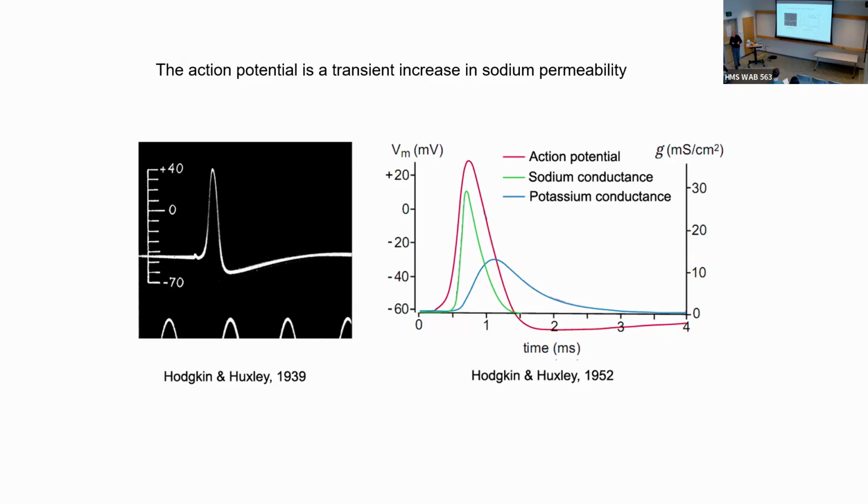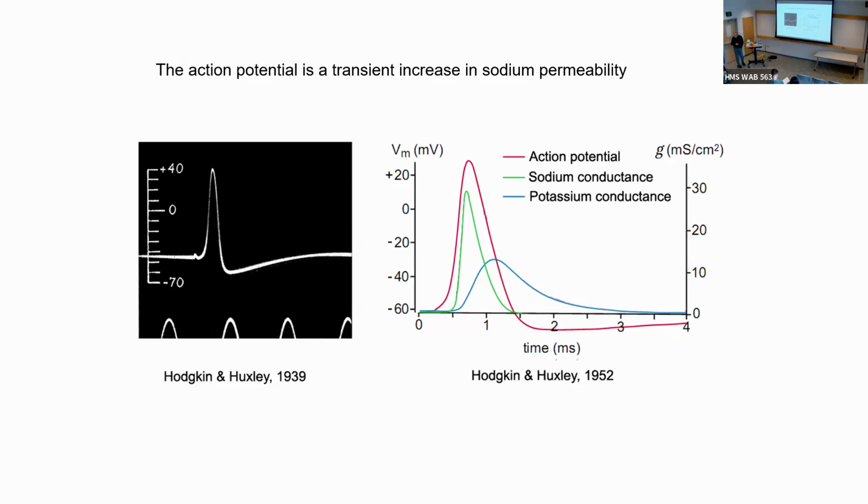When the membrane becomes permeable to sodium ions, sodium is high outside, low inside. Sodium comes into the cell, and those sodium ions cause a depolarization. And they cause a depolarization until the inside of the cell becomes so positive that sodium no longer comes in. So that's why the voltage goes so positive during the action potential.